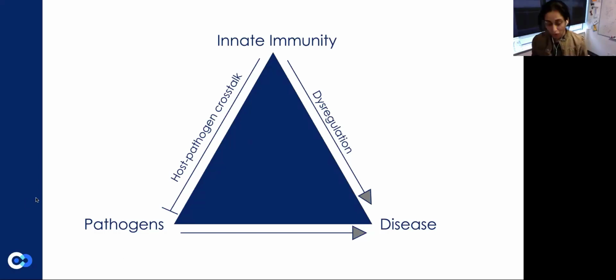Yeah, so we know the innate immune system is absolutely required to control pathogens, but if this goes wrong, that is, if there's too little or too much of it, you can start snowballing into disease. And so for today's talk, I'll mainly focus on this first arm of host pathogen crosstalk, and I'm going to be ambitious and try to present to you 2 vignettes of recent work.